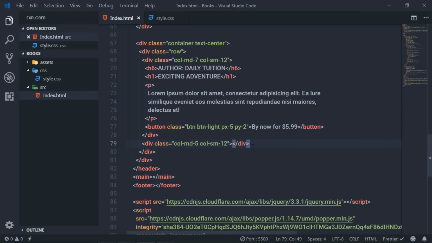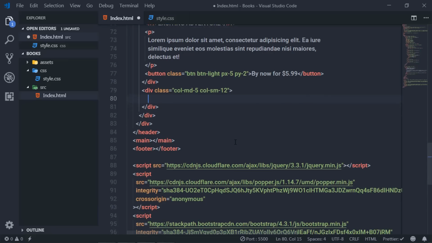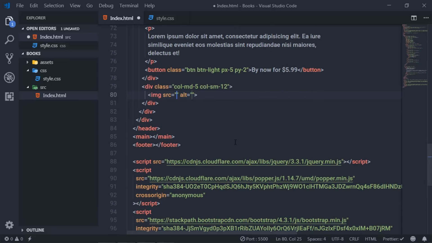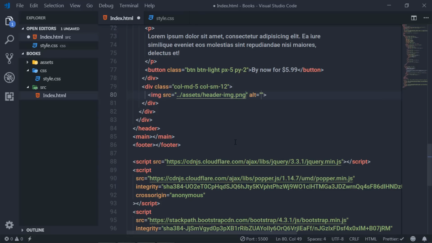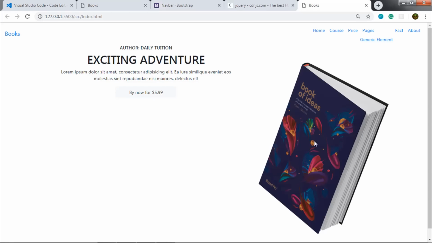Now I want to add an image in this division tag, right? So I will expand this div, and right here I'm going to add an image, and here I will specify double dot and the forward slash. This refers to the root directory, and then I will select my asset folder and then select my PNG image, and for the alt attribute I will say books. Save the changes, and you can see here you have a book here,